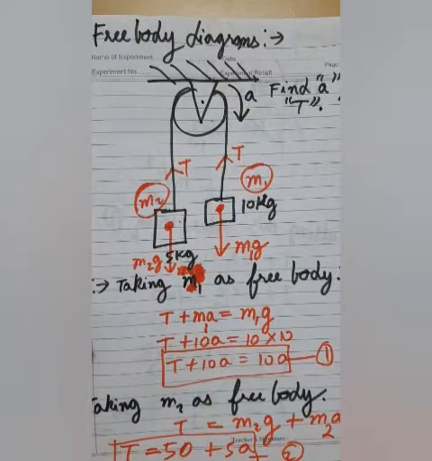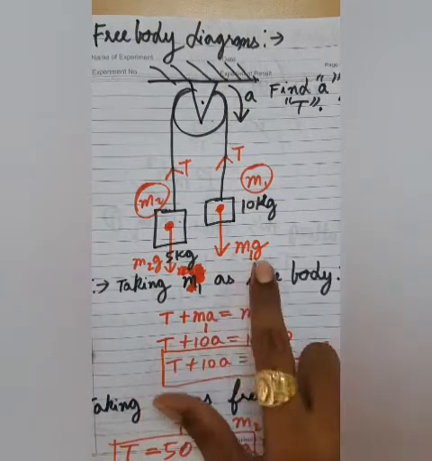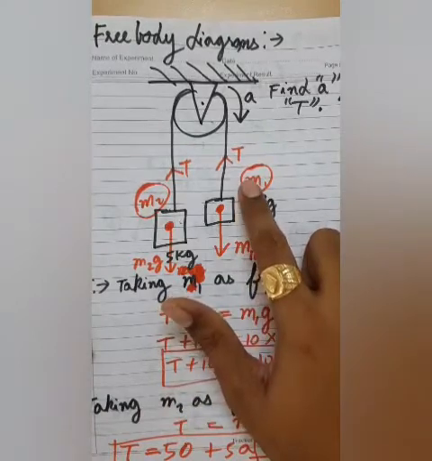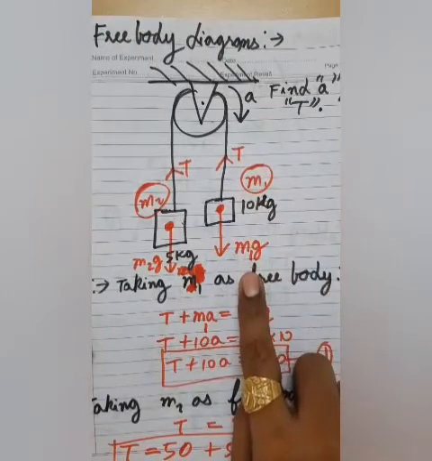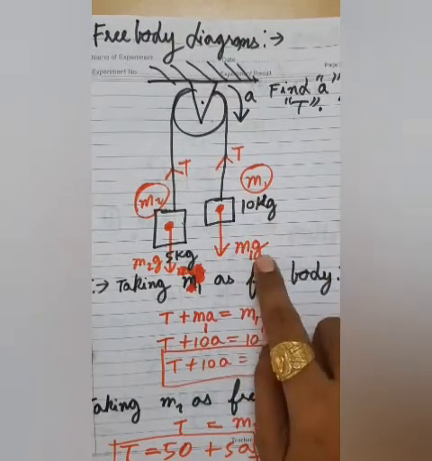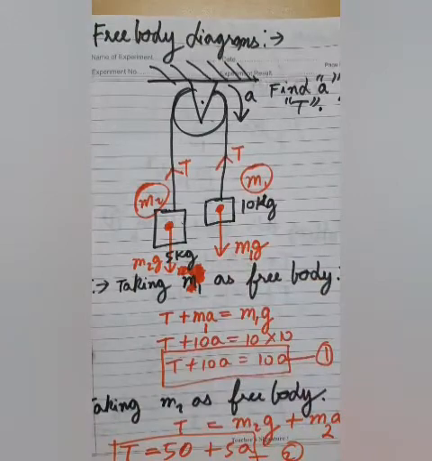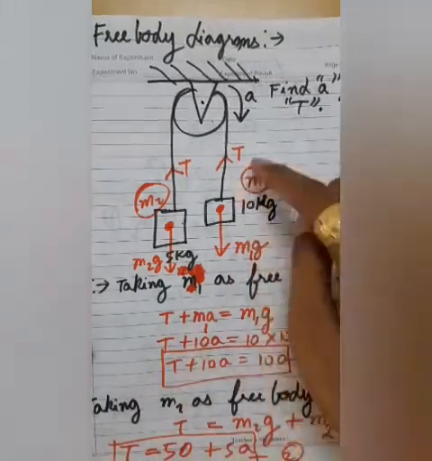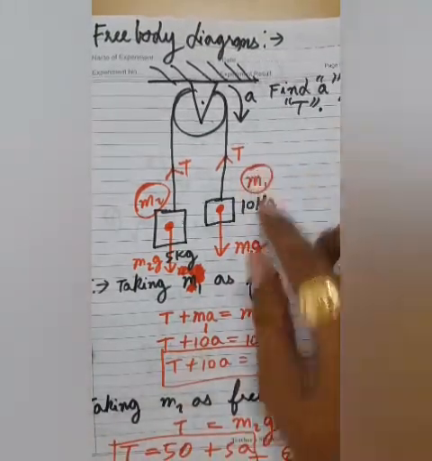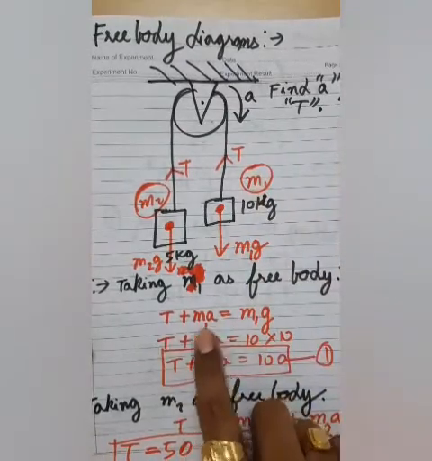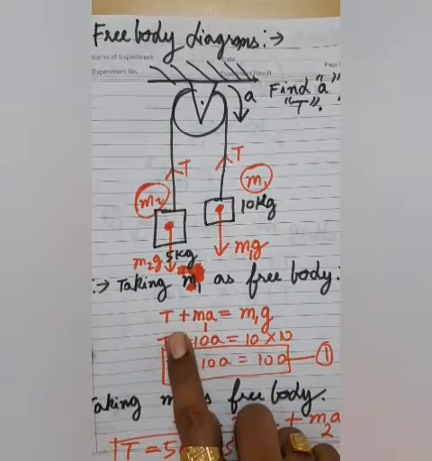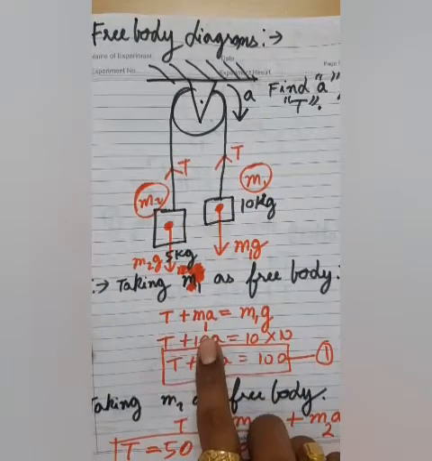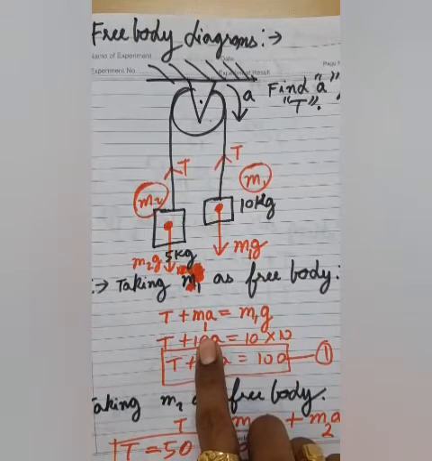So what is the difference? That means m1g is stronger and tension T is less as compared to m1g. That's the reason m1g is able to pull it downwards. So what we are supposed to do is make these two forces equal. Whatever force is lacking on the tension side, we will add to the tension. The force which is less would be considered as mass into acceleration, because it is the formula of force.